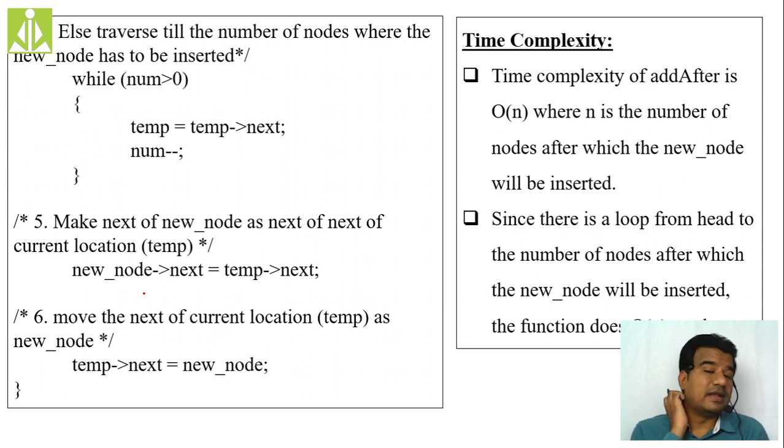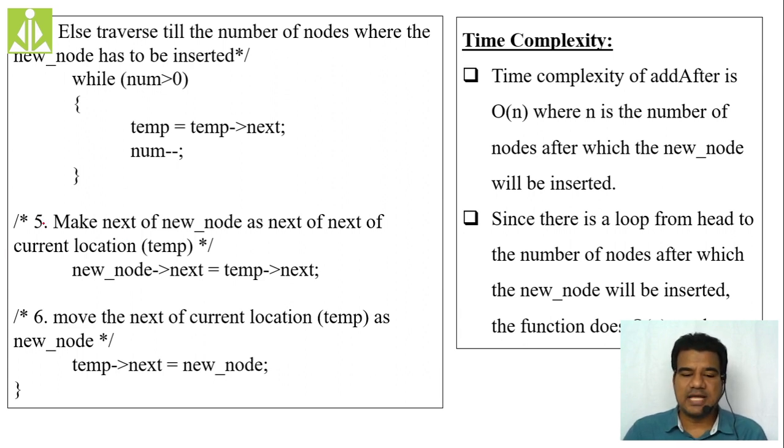So next, else if your singly linked list is not empty, then what we have to do, the number of locations they have given, we simply have to traverse till that point. Suppose your num value is 2, that is, after 2 nodes you want to insert your newly created node, then we have to traverse 2 locations, isn't it? So who will do the traversal job? This while loop will do the traversal job. Every time we are decrementing the num value by 1 and we are moving the temporary pointer ahead.